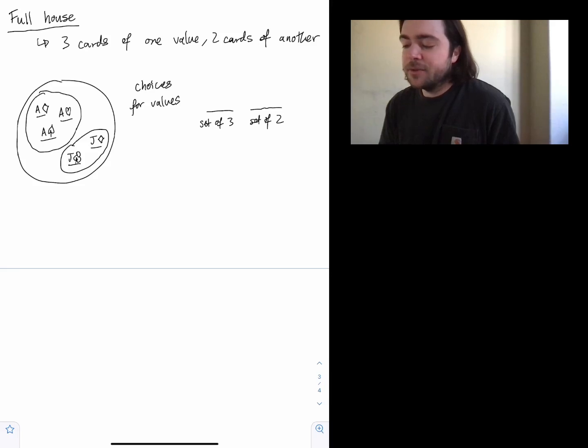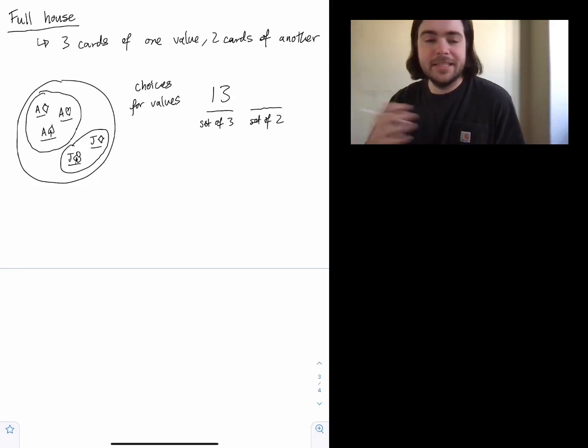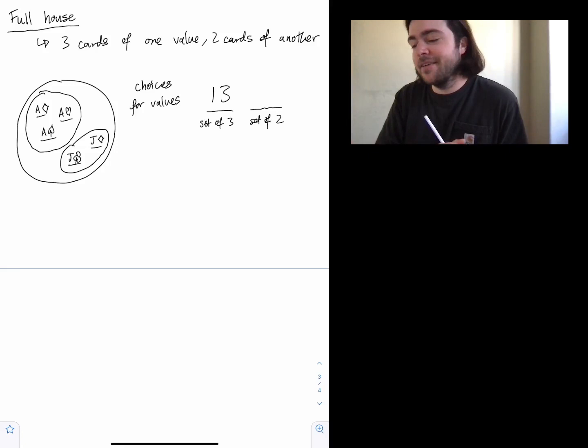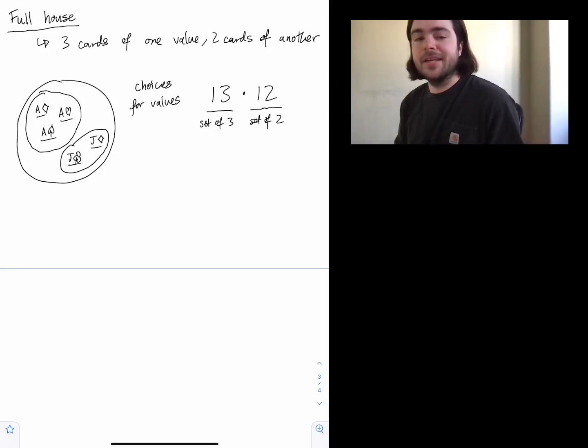Okay, so how many choices do I have for the values? Well, for the set of 3, I can say, all right, there's 13 different options, ace through king. Now for the set of 2, I've already used up one of my options for the set of 3, right? These 2 options for values have to be different. So there's only 12 remaining. So for each choice of my value for the set of 3, I have 12 choices for my value for the set of 2, so I can multiply. This is similar thinking to when we talked about permutations in a previous video. Okay, so there are 13 times 12 different choices for the values,